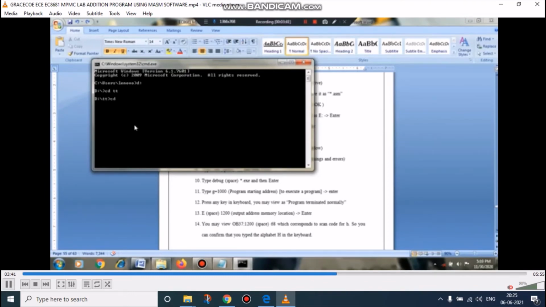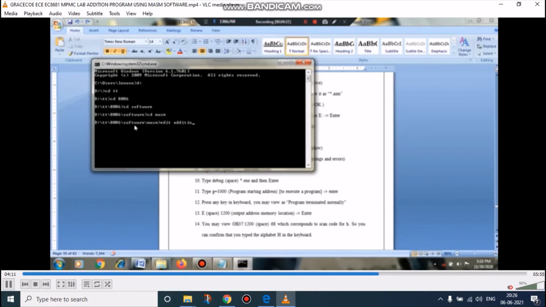After cd we type 8086 to open that folder, and here we type cd and software, because inside that software folder we have pasted the MASM software, therefore cd MASM.